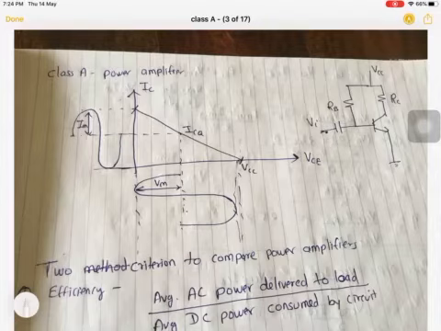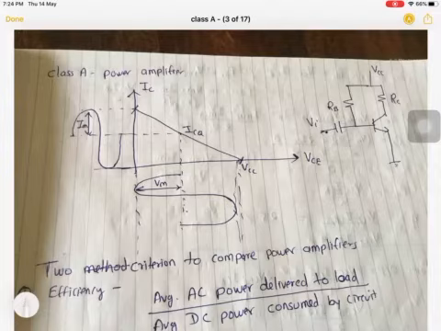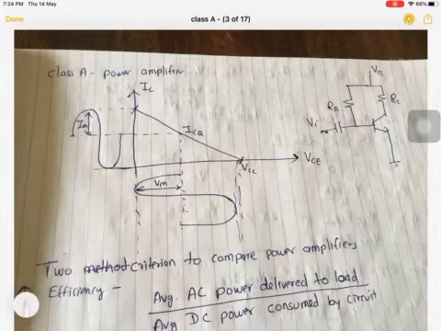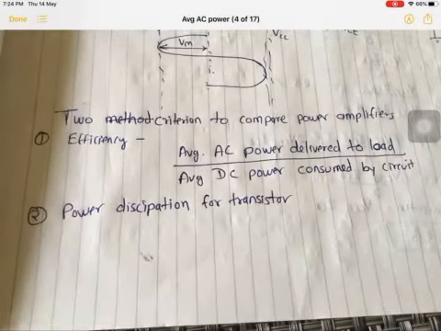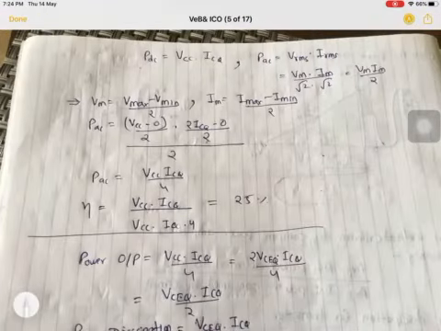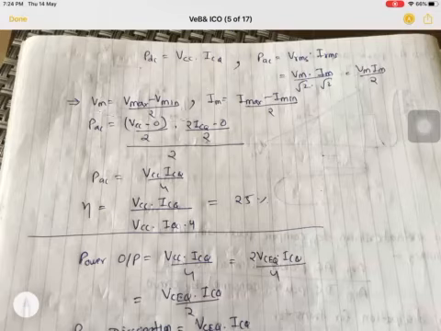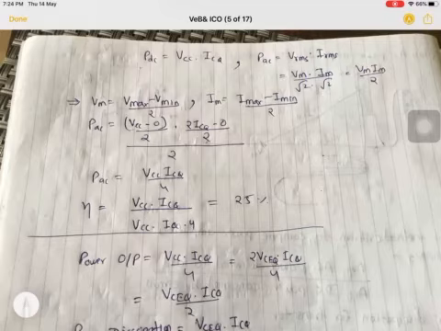Okay, similarly for I, this is Imax, this is Imin. So 2 Im, this is 1 Im, this is 1 Im, 2 Im is equal to Imax minus Imin. So Vm equals Vmax minus Vmin by 2 and Im equals Imax minus Imin by 2. What was Vmax? Vmax was Vcc, Vmin was 0.